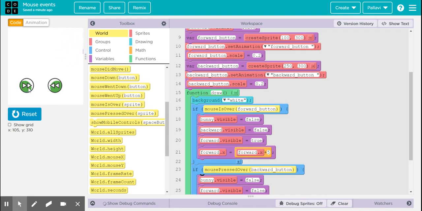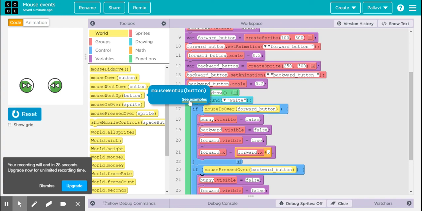So this is how we make use of different mouse event command blocks mentioned here. You can choose the commands according to different events and the occurrences of events and mention the conditions and write your code accordingly. Now be very careful in understanding these differences. You can also go over these blocks and see more examples to understand these commands better.